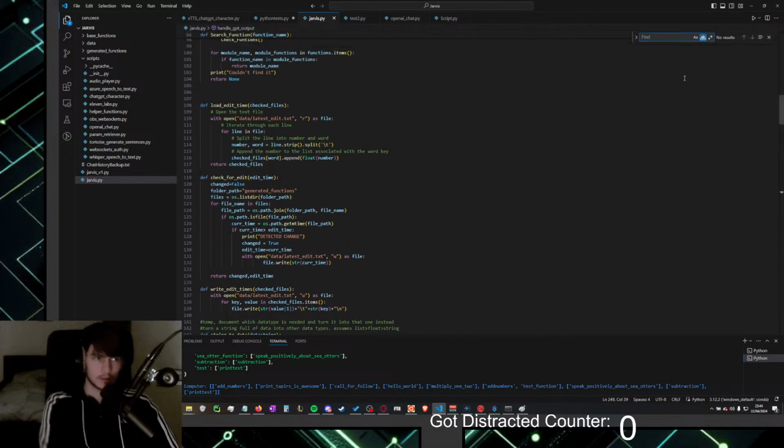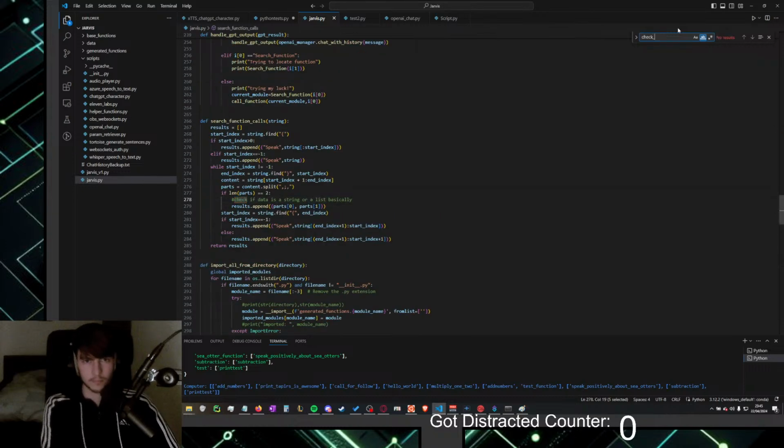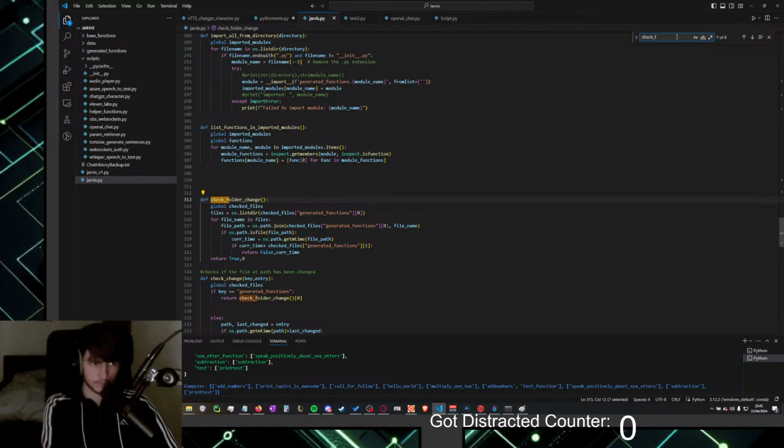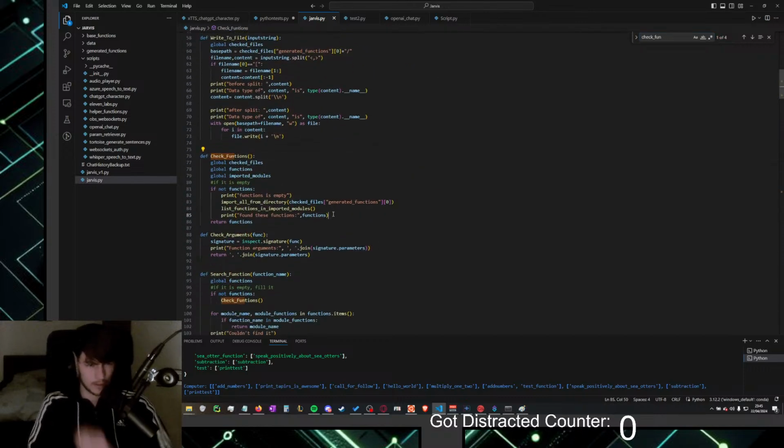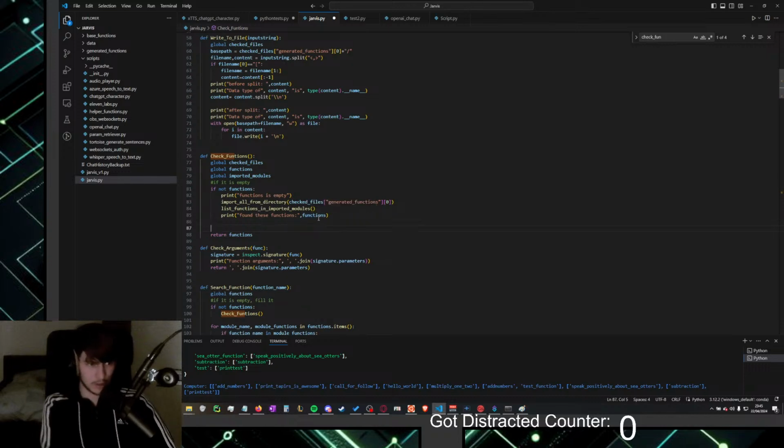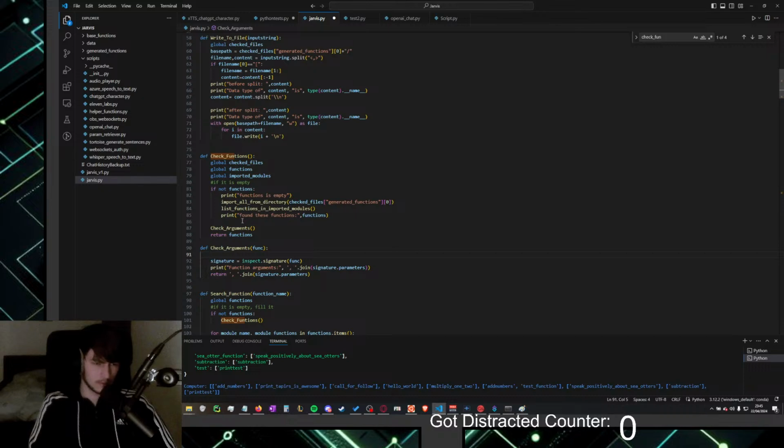Let's do in the check functions. Oh, right. In here, at the end, maybe call check arguments. And here we just do that in a loop.